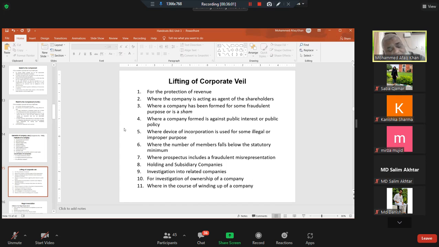So if a particular company has its shareholders who are not located within the country, and the members belong to some such nation which is at war with that country, then in that case the stakeholders would not be obliged to fulfill their obligations. So it's necessary to expose those shareholders if they belong to an enemy country. Where the device of incorporation is used for some illegal or improper purpose. Again, where the members use that device for improper